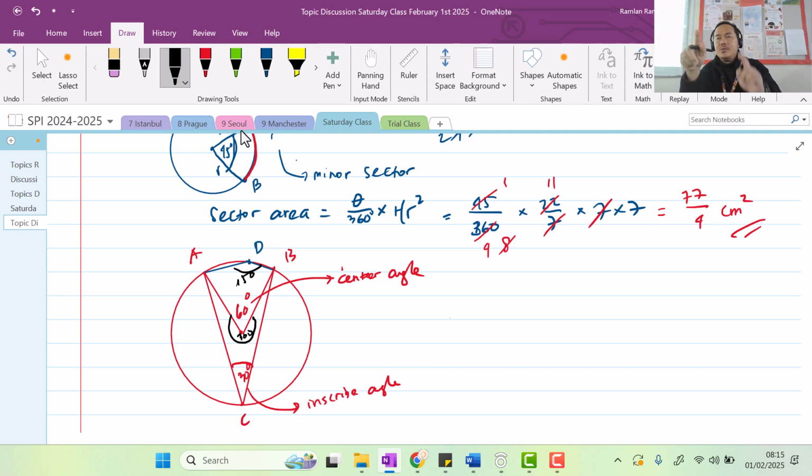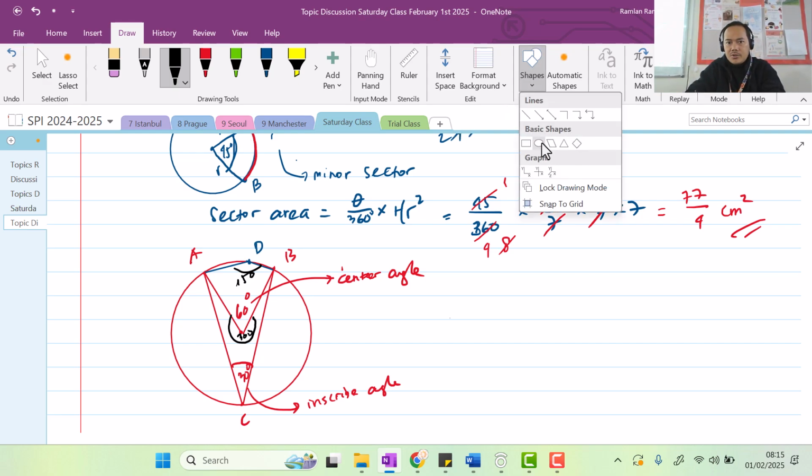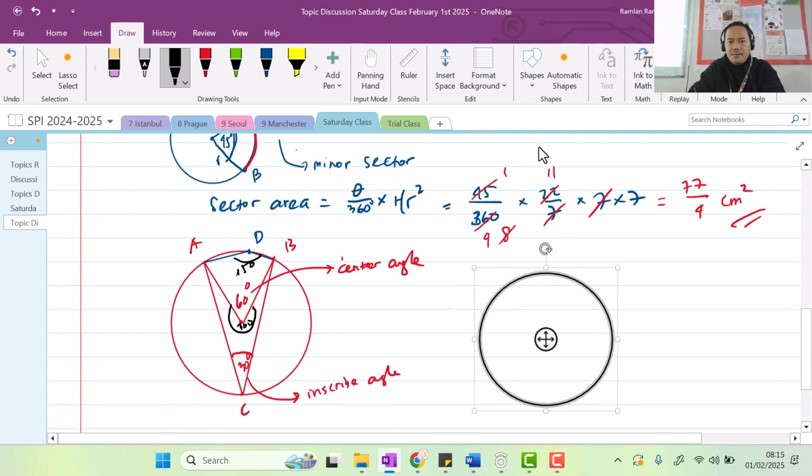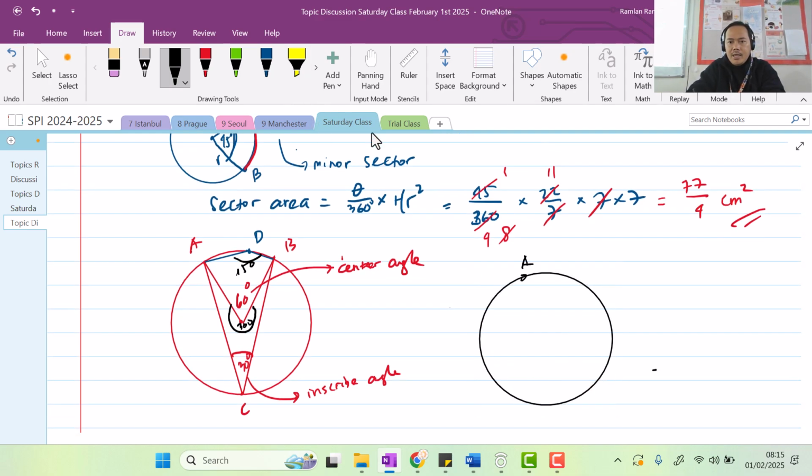The second method is what we call the, I forgot the name, it's a quadrilateral something. So if you have a quadrilateral, a four-sided shape, inside a circle, I'm going to draw another circle. So if I have, for example, four points, let's say I have point A, point B, point C, and point D, right? So if I draw a line from A to B to C, and then to D, now the angle that is shaped is going to be very, very special.